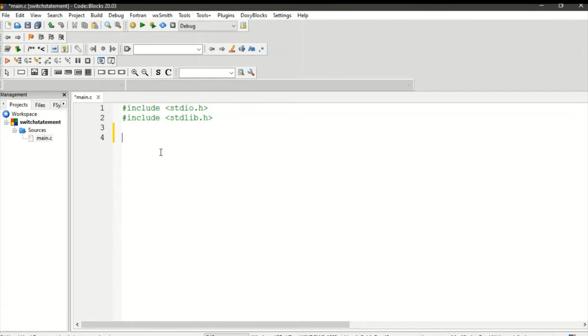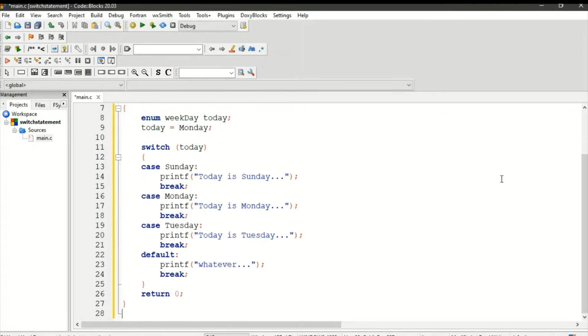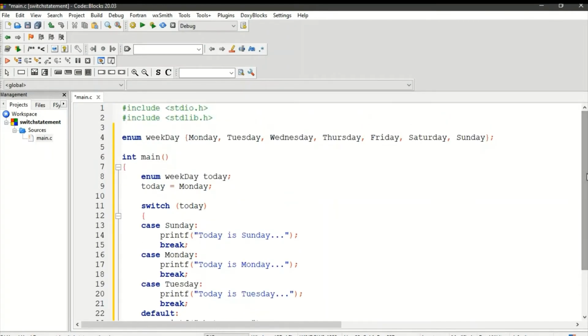Okay, I have already written a code, so it would be easy. Here we are going to use the concept enum. If you haven't seen my video of enum and char, you can click over here to get its access. So we have enum weekday, an enumerated data type, and then we have a list of identifiers as we have seen: Monday, Tuesday, Wednesday, separated by commas, inside curly braces, ending with a semicolon, of course.